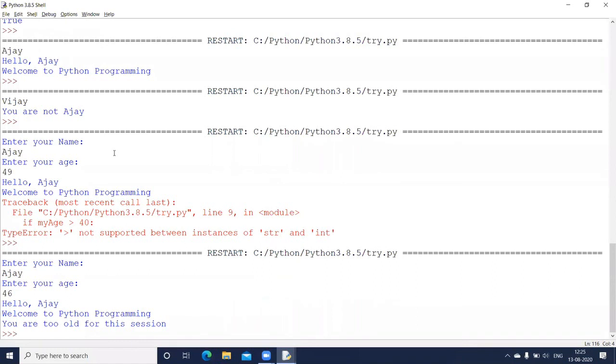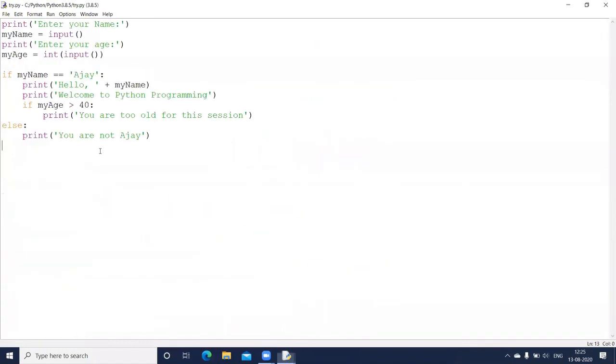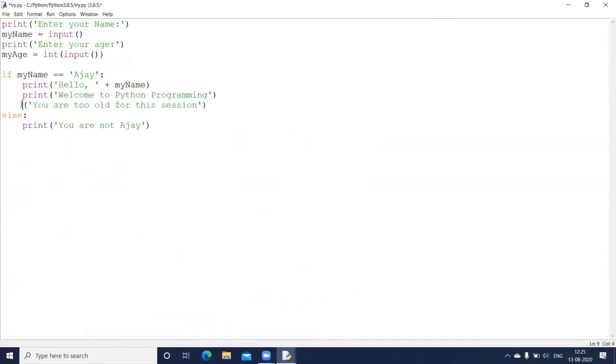Fine. Now I can have multiple ifs as well. Let us quickly do that. Let us say I don't want to write this here, and I want to check the age in the else part of the first if. So if not Ajay, at least he should be of a particular age. So else if, we have elif, ELIF followed by the condition.